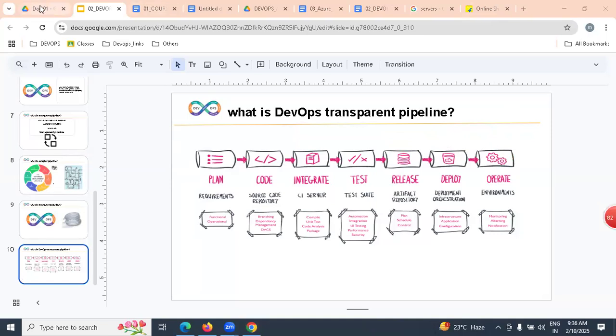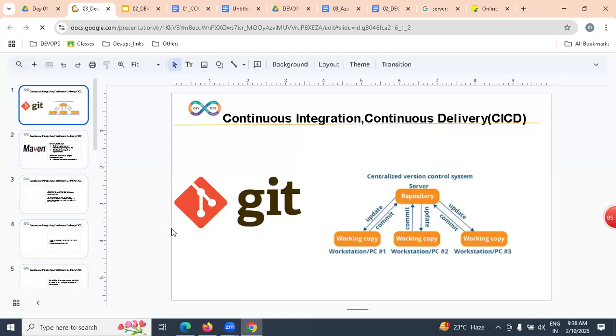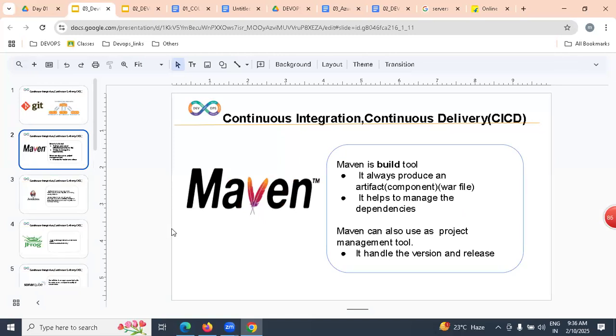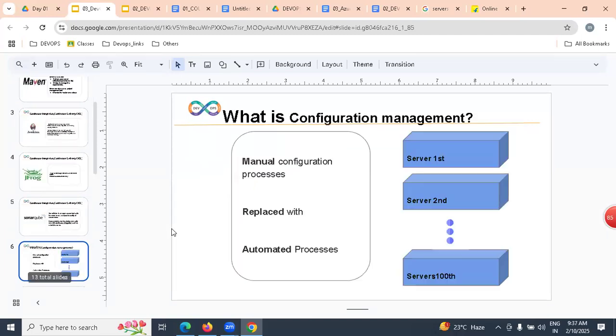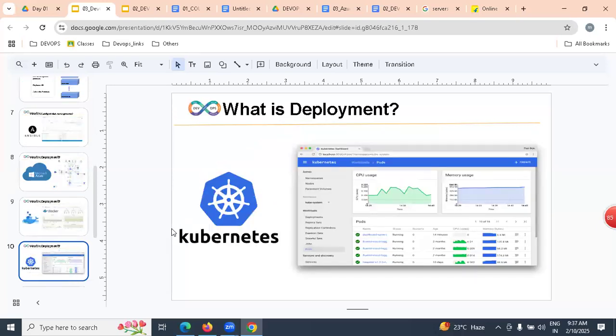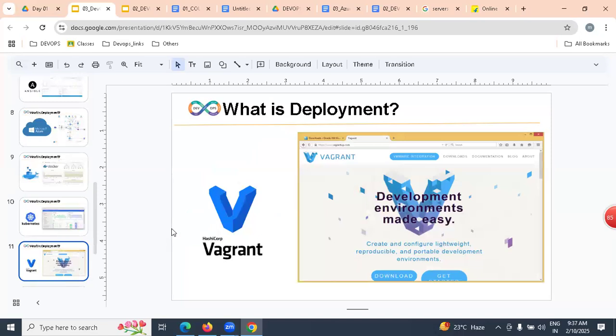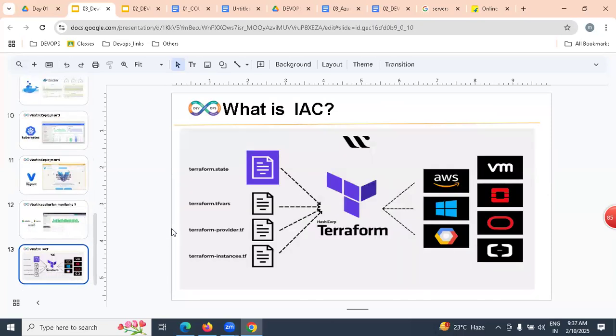Is that clear to all of you? For implementing this DevOps transparent pipeline, which tools are we going to learn? Git, Maven, Jenkins, JFrog, SonarQube, Ansible, Docker, Kubernetes, Vagrant, ELK (Elasticsearch, Logstash, Kibana), and Terraform.